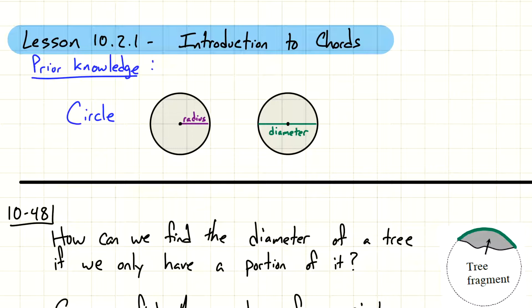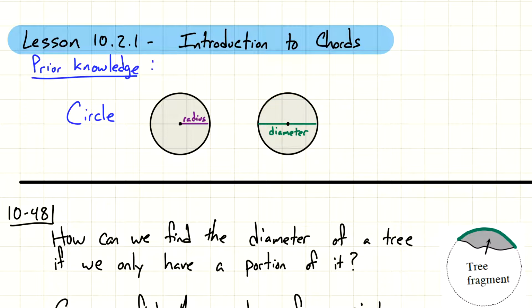parts, radius of a circle, knowing that the radius is the distance from the center of the circle to the edge of the circle. So that measurement is the radius. Diameter is twice as long as the radius. So if you take one radius and another radius in the opposite direction, that gives you a segment that goes from one end of the circle through the center to the other end of the circle, and we call that the diameter. So that could be placed anywhere within the circle. All right, and don't forget that also means it cuts the circle in half, which gives us 180 degrees, and there's a lot of other details